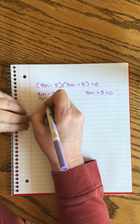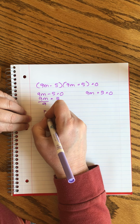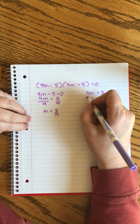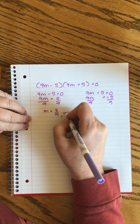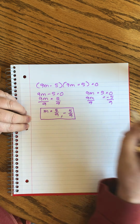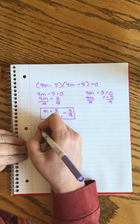This one, 9m equals 5, m equals 5 over 9, and this one, when we move it, we get minus 5 over there. So it's minus 5 over 9. That's our final answer. That's the difference of two squares, and that's lesson 39. Lesson 49